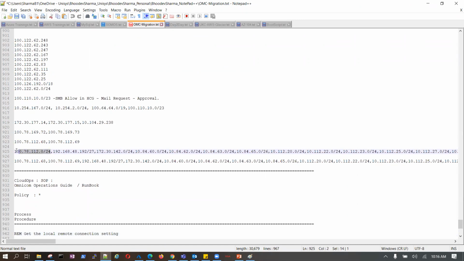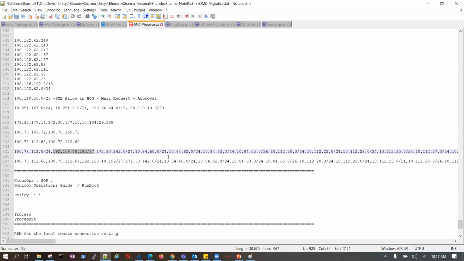See, if for this reason I need to allow the entire 251 IP addresses, and I keep writing 1, 2, 3, 4, it's not the right approach, okay? So what I say is we will go with the entire subnet. If you look at this IP, I have restricted it with /27. And here you will find all sorts of ranges.